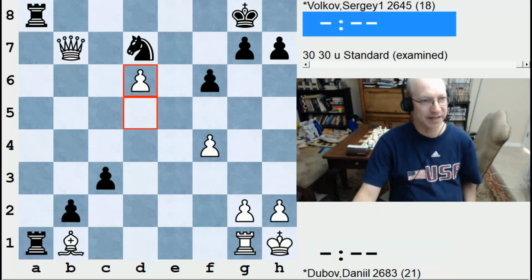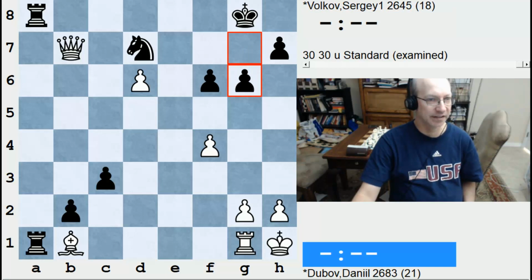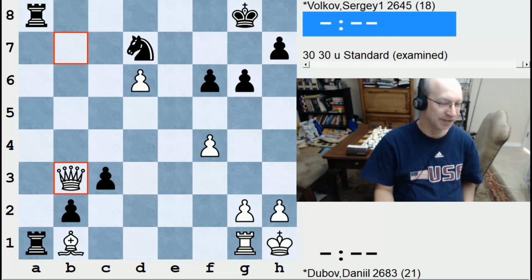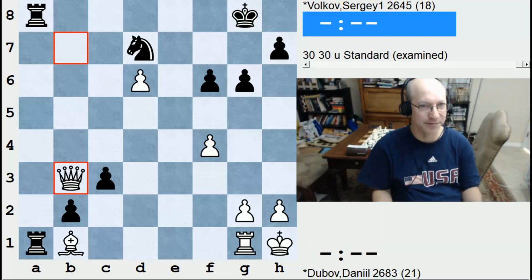But Dubov, of course, avoided that. He played d6, a useful move. There's no rook takes bishop because queen takes rook with check. So basically black waited. Okay, white could play h3 even, but at any point he comes back and checks, and that's that, because he's going to take the pawn on c3, and black is going to run out of ammunition. So very nice win for